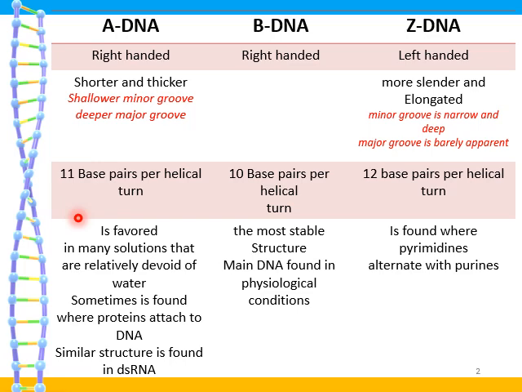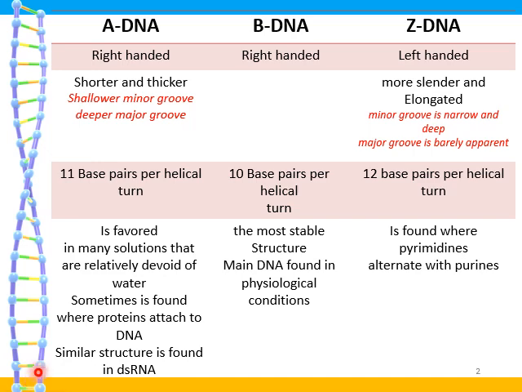water. When you have a low amount of water, the DNA tends to form this A-DNA form. Sometimes it is also formed when proteins attach to the DNA, because attachment of a huge complex of proteins on top of the DNA molecule makes it devoid of water, and so it tends to form A-DNA. A similar structure is also found in double-stranded RNA. Of course, we're talking about DNA right now, but if double-stranded RNA is formed in the cell, it's somehow similar